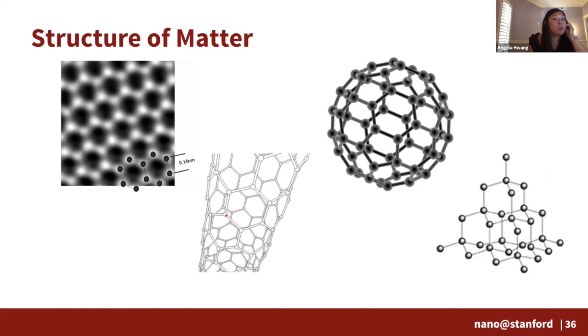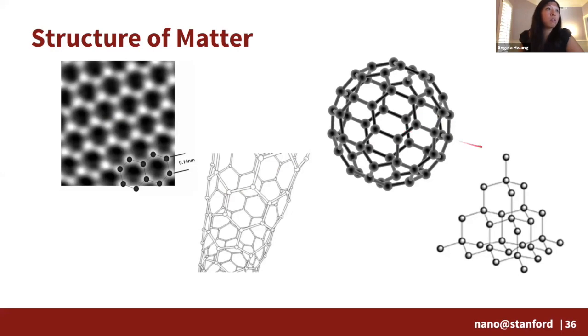All the different forms, maybe. Okay, somebody said graphite. Yep, so this is graphite, or this is actually one sheet, which would then be graphene. Okay, very good. And then here in the middle, this is actually a carbon nanotube. So that's basically graphene wrapped into a tube structure. And then over here, this is called a fullerene. A fullerene, also known as a buckyball, it kind of looks like a soccer ball, and it's another type of